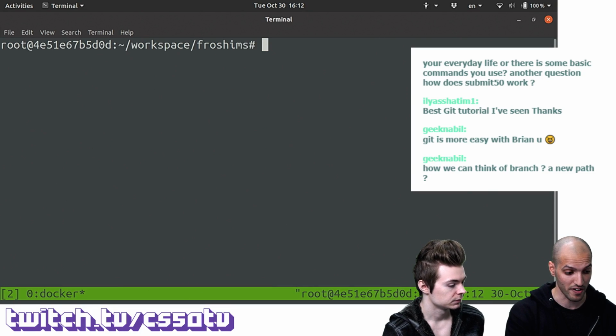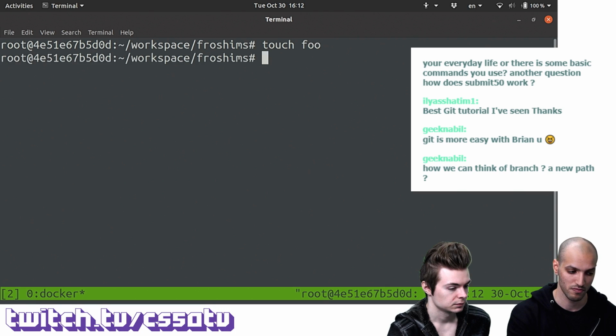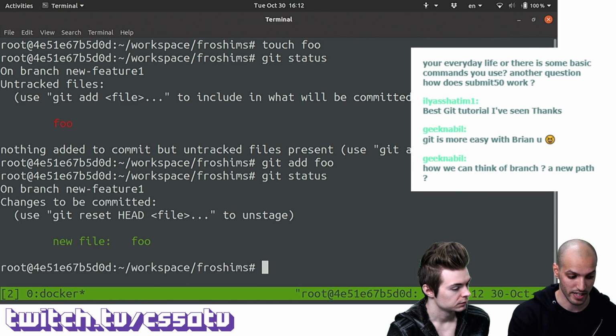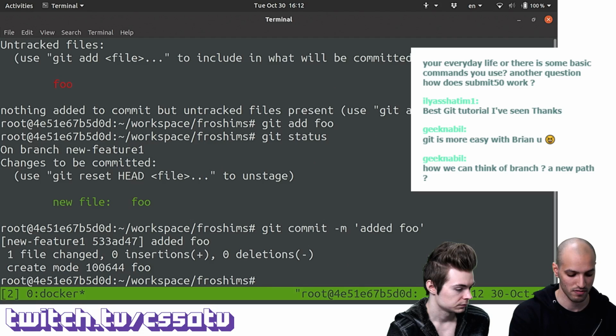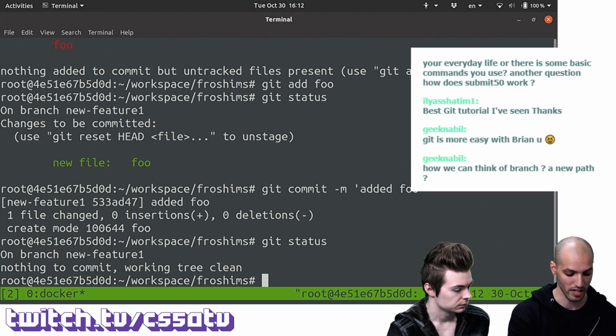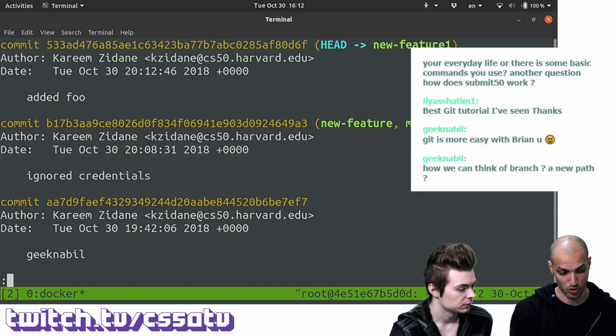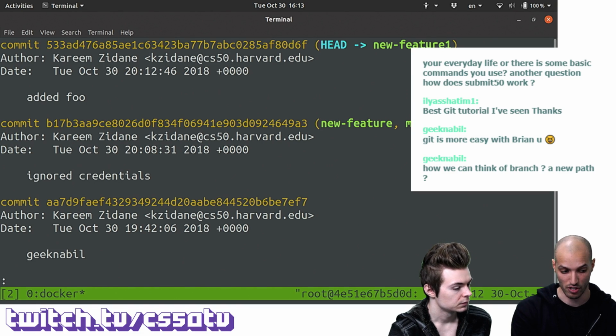Correct. So let's actually verify this. So suppose I add a file called foo to my repository right now on the new feature 1 branch, right? So git add, git status. I see my new file, git commit, added foo, right? Status, everything's okay. If I do git log, notice here, it updated actually, and I can scroll through this, but notice here, it says the head and new feature 1 are both referencing this commit, but master and new feature, which are the old branches, are referencing the earlier commit.